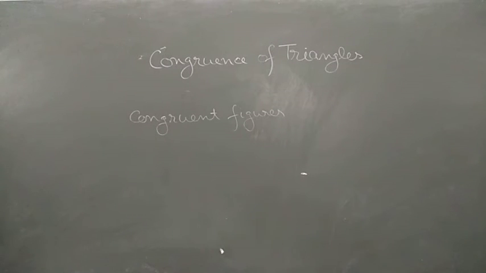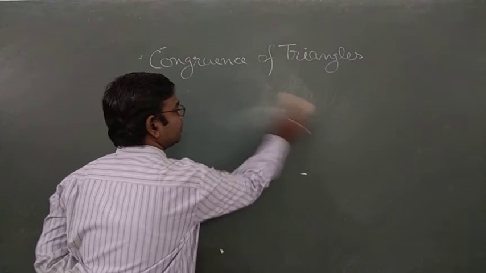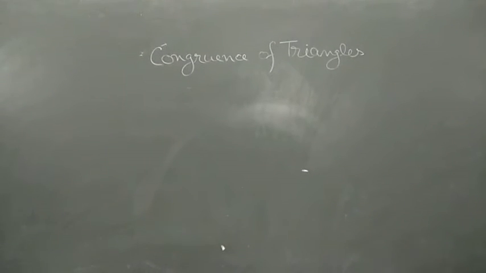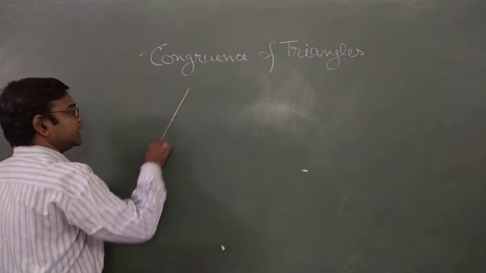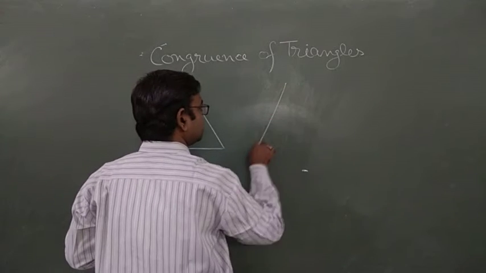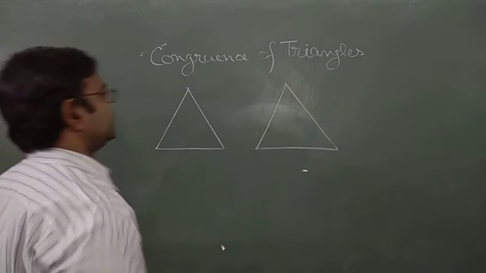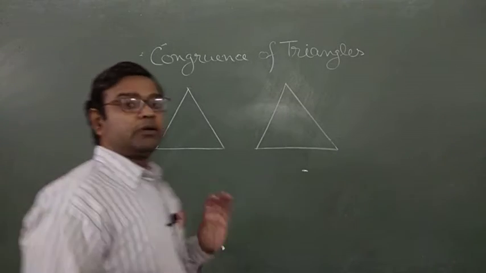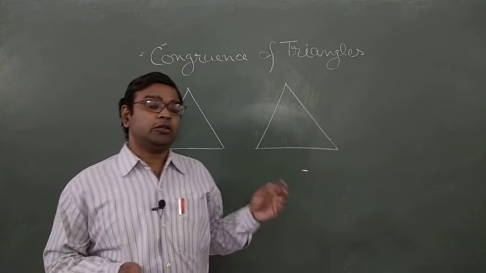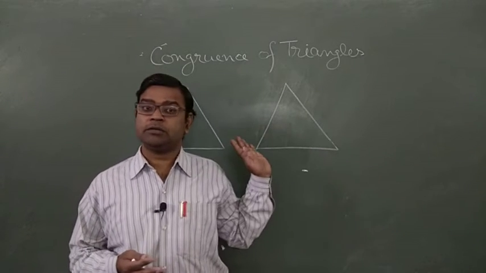Now in this topic we are going to discuss congruency of triangles. Generally, what we observe is that two figures are exactly the same, two triangles are exactly the same. Clear? So we can say that these two are congruent, but for proof of congruency we need to find out the measurements and prove that these things are exactly the same, so we can say that these two triangles are congruent.